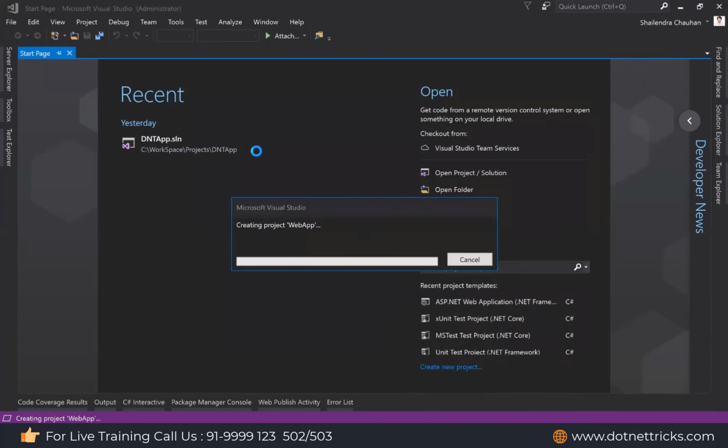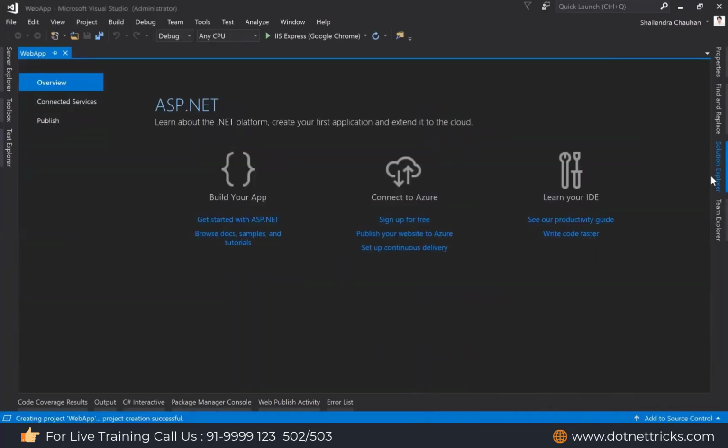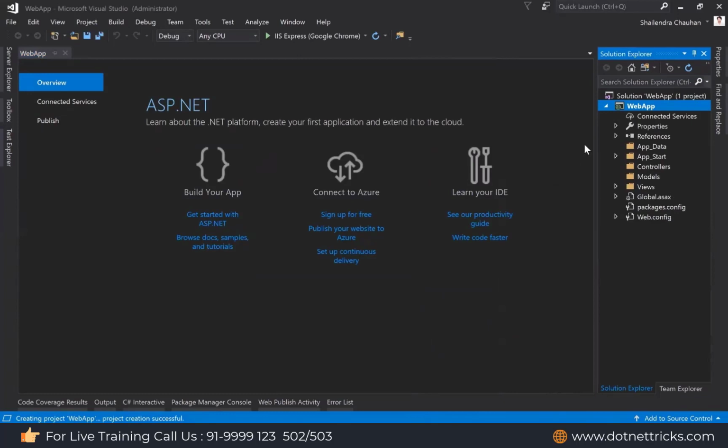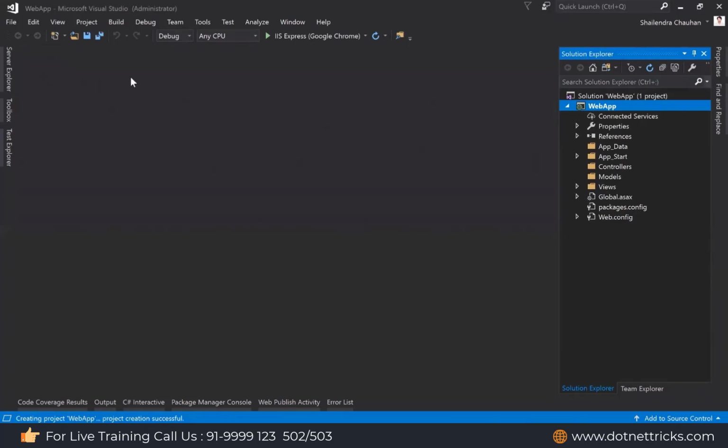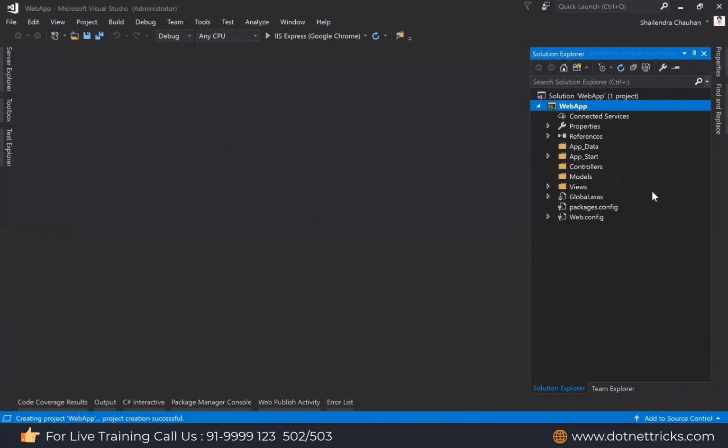It will create an empty ASP.NET MVC application with all the basic settings which are required to run an application. And if you look here, this is the code generated by Visual Studio itself for our ASP.NET MVC application. We have the app_data folder.